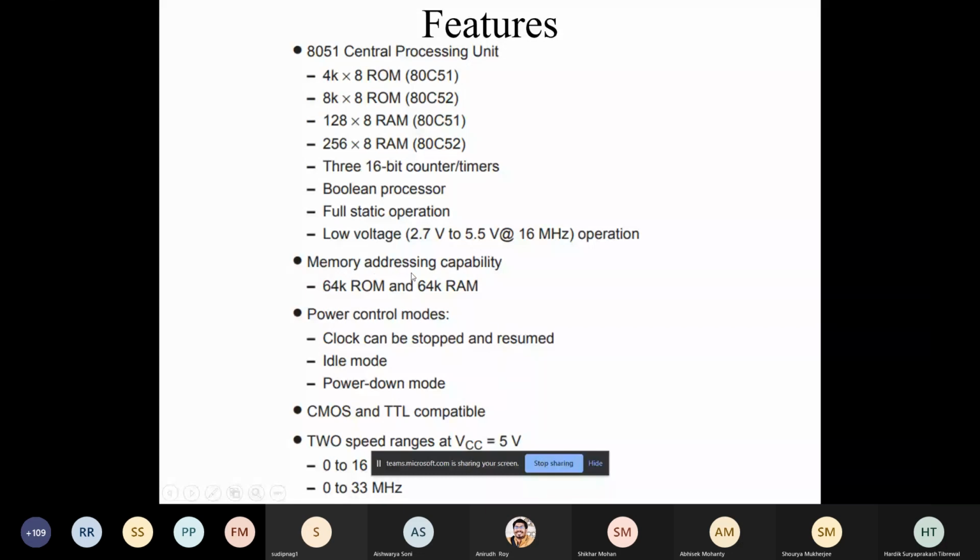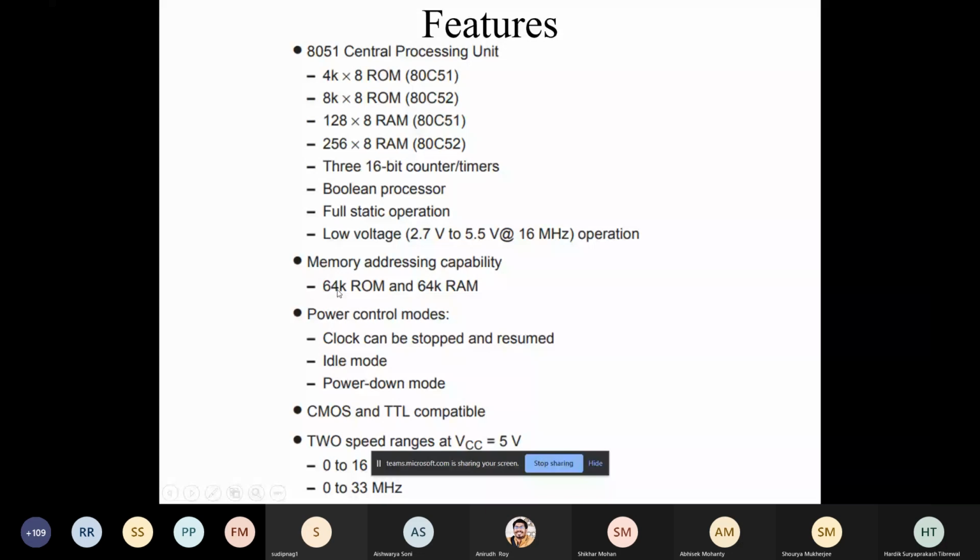Then memory addressing capability. Although the internal memory is 4 kilobyte ROM plus 128 bytes RAM, if you consider 8051 only, however, you can connect external memories such as up to 64 kilobytes. And that 64 kilobytes will go as per the address mapping that we discussed in one of our earlier slides. Through address mapping, we can accommodate up to 64 kilobyte. That means